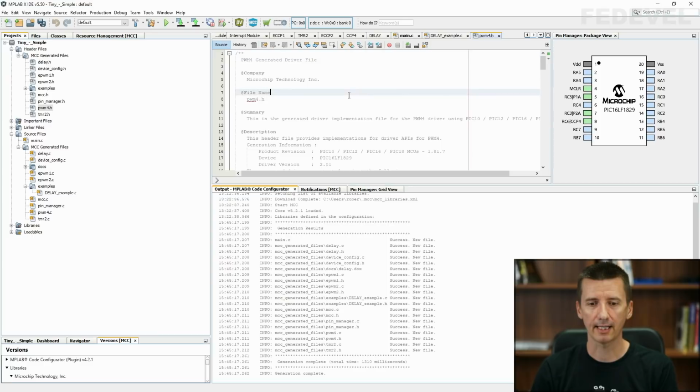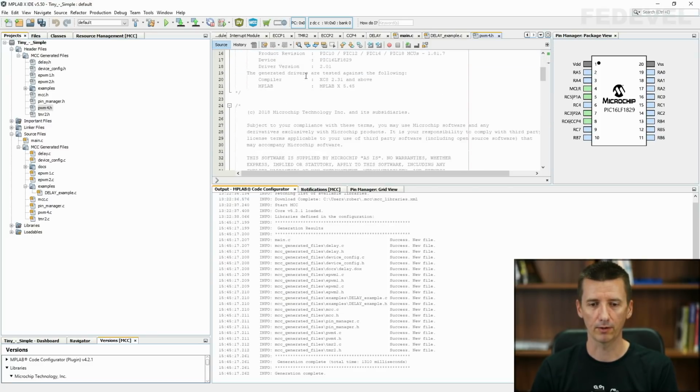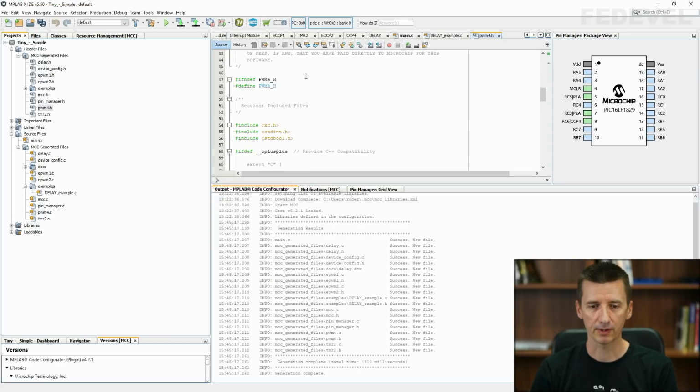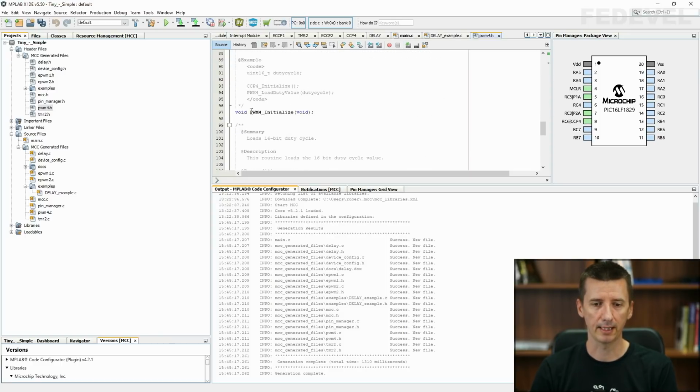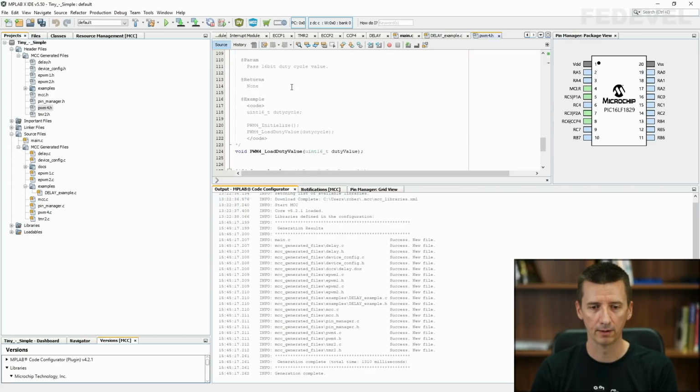When we have a look inside of this PWM header file, when I scroll down, you will see there is, for example, this PWM4 initialize function. And when I continue scrolling, there is also this PWM4 load duty value function.